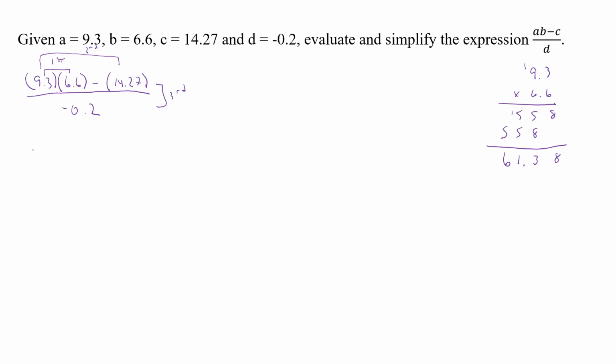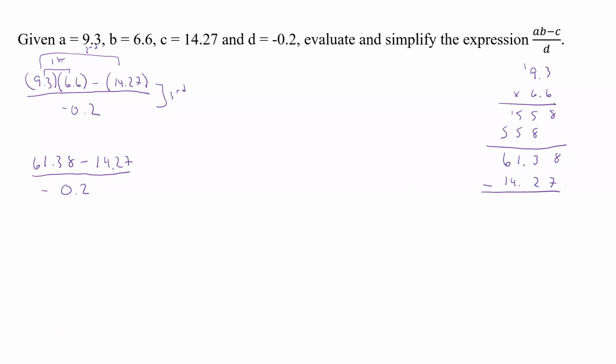So if we go back over here, that's going to give us 61.38 minus. Now we can go ahead and just put 14.27. And that's all going to be divided by negative 0.2. All right, so this is larger than this. So basically, at this point, we can just subtract off